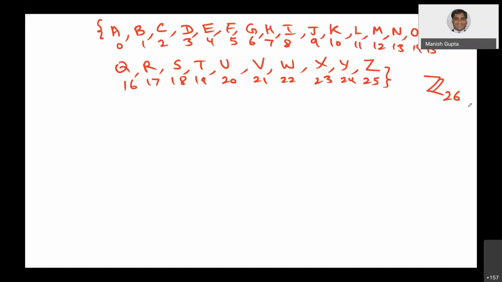Now I want to write a letter. Suppose our message is: meet you in the park. I want to encrypt it, to create a cipher out of it. One way is to assign these values directly: in place of M, I will place 12, E is 4, so 12, 4, 4, T means 19, and so on. But then it's a very direct assignment, and anybody can find it out.